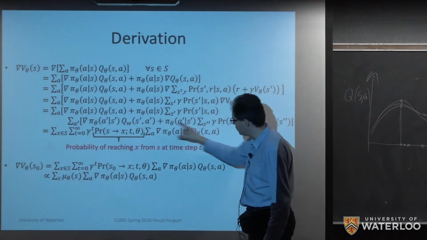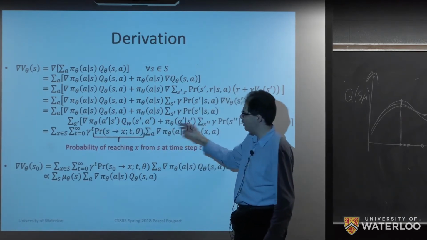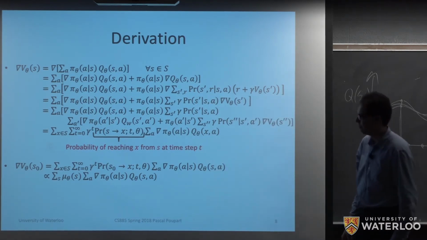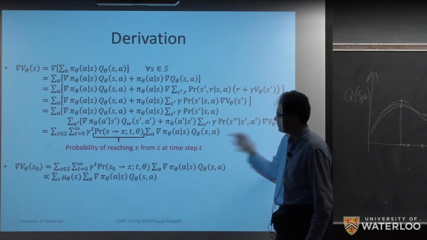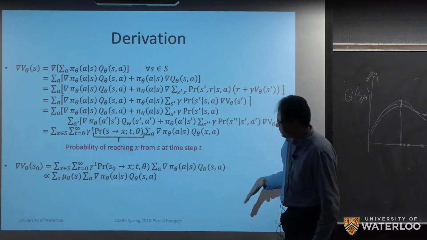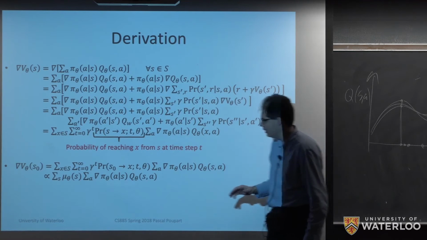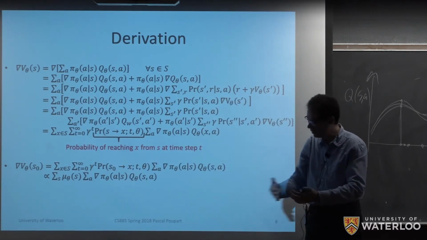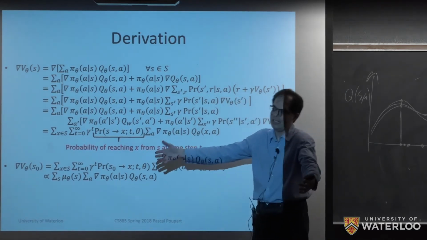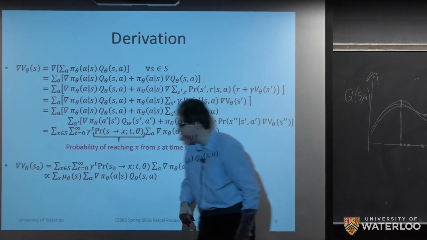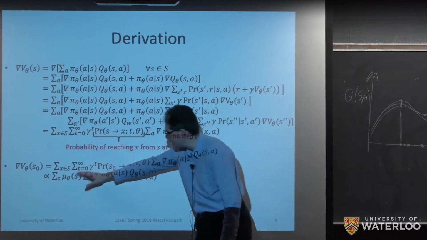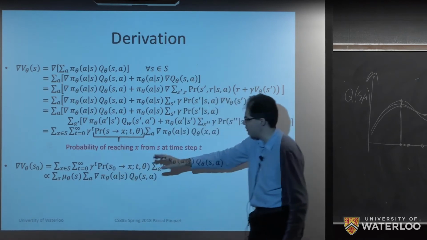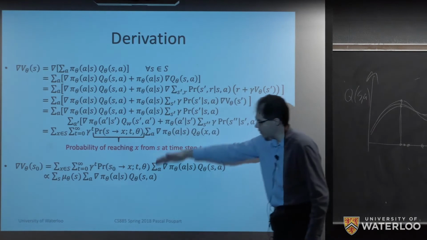So now all of these, I can gather them together, and what's in front is the probability that I would reach a certain state x by time step t according to my policy that's parameterized by theta. So this is the probability of reaching x from s at time step t. Once I've got this, I can write this expression, and it turns out that this summation with the probability of reaching some state x according to my policy theta is essentially looking at the probability of all the states that I can reach, and it's my stationary distribution mu theta. Earlier I said that I would define what mu theta is, so it's implicitly defined from this line to that line. So mu theta of s is essentially this double summation with the probability of reaching x. So that's how I arrive at the gradient